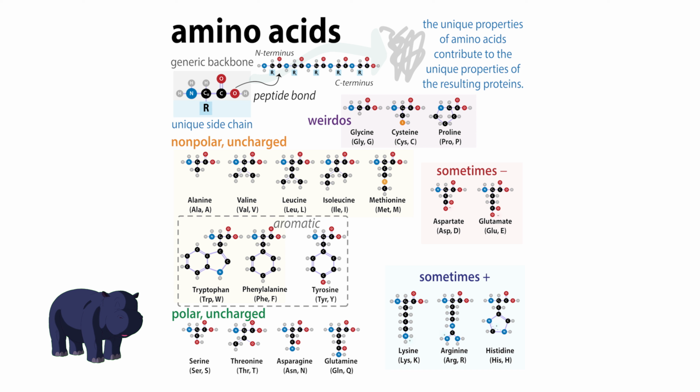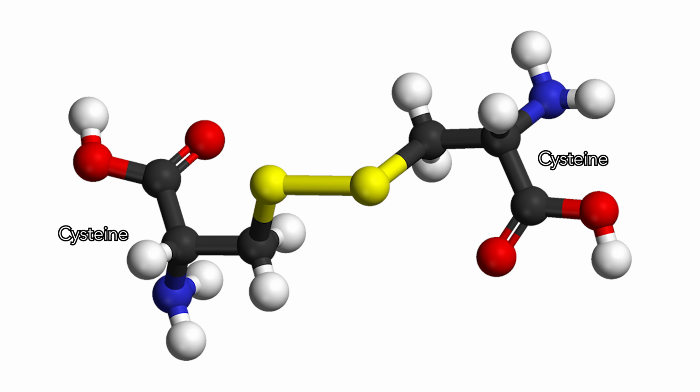This amino acid, one of 20 building blocks of protein, is called cysteine and is one of only 2 sulfur-containing amino acids. Sometimes the sulfur in one cysteine will form a bond with another sulfur in a nearby cysteine. And to add to the confusion, the resulting disulfide is called cystine. You know, if it weren't for the bewildering nomenclature of biochemistry, maybe I wouldn't have gotten a C in the